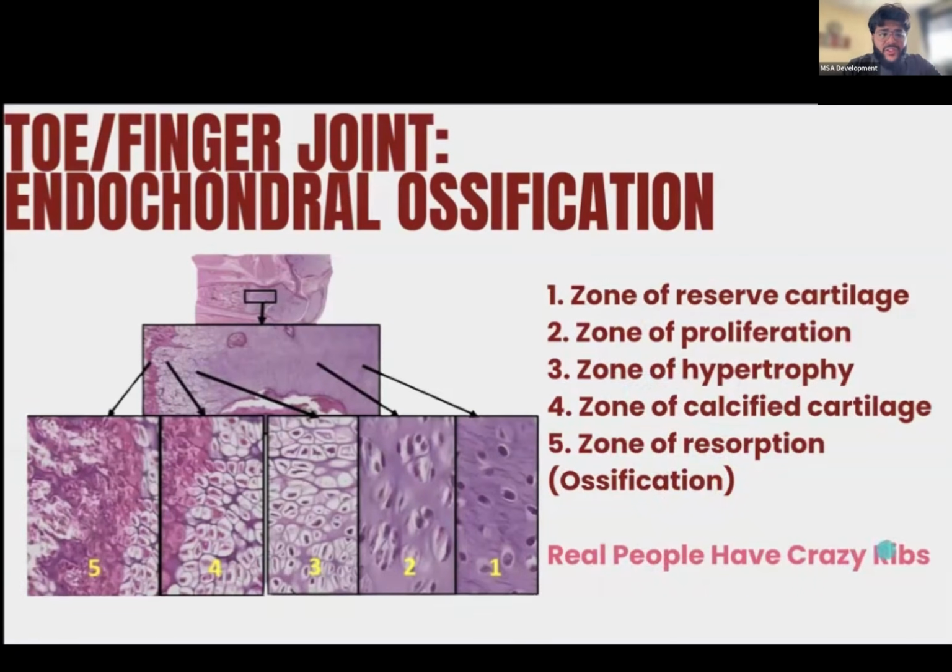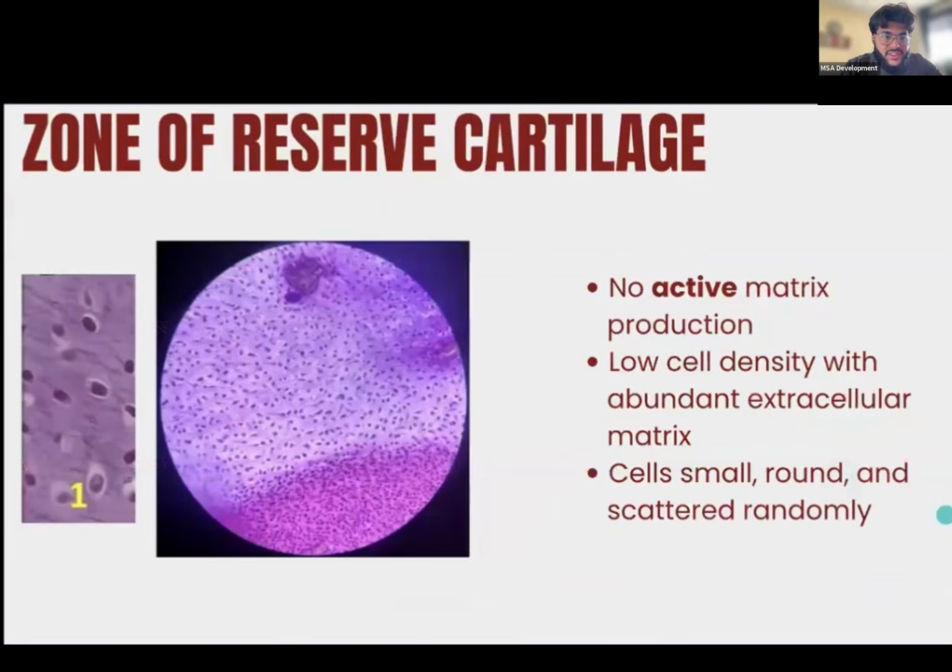Real people have crazy ribs. R for reserve, P for proliferation, H for hypertrophy, C for calcified cartilage, and R again for resorption. Okay, let's take each of these one by one, starting off with the first zone, which is our zone of